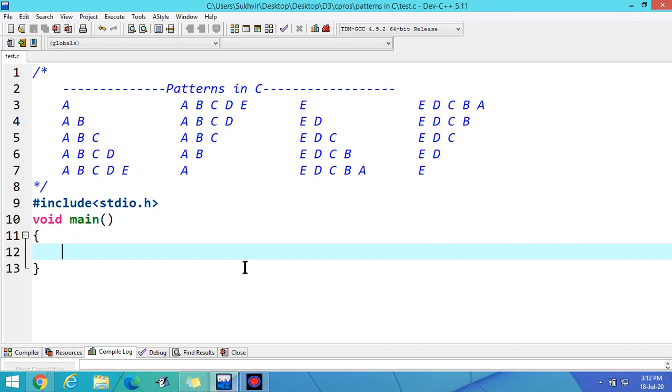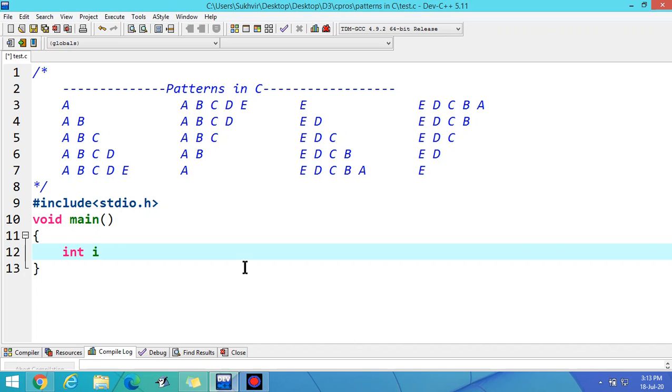Hope you understand about patterns till now because we have completed more than 20 patterns till now. And in this pattern we have to print capital alphabet. For this we have to understand about ASCII values. What is the ASCII value of capital A? We should know about that value.